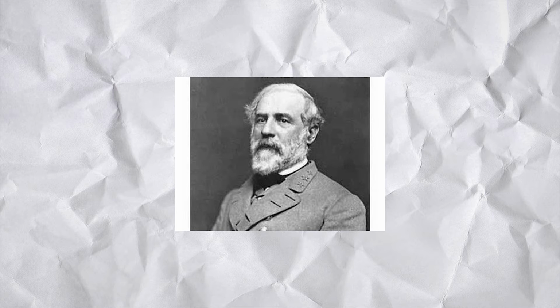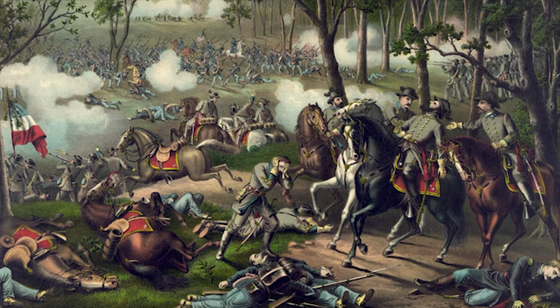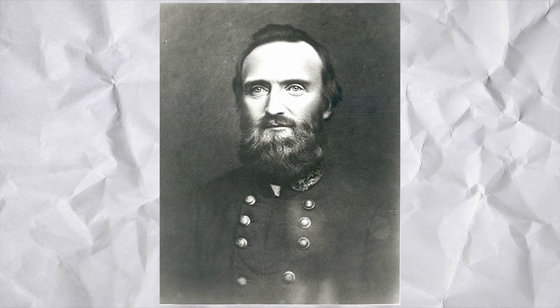Over the course of 3 days, Robert E. Lee divides his army in the face of a larger enemy, and manages to defeat the Union Army in Chancellorsville, led by Joe Hooker. The North suffers 17,000 casualties, the South 13,000. May 10th. When Confederate General Thomas Stonewall Jackson dies from wounds sustained when he was mistakenly shot by his own